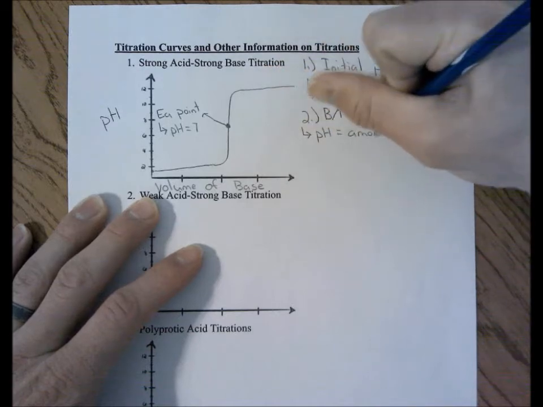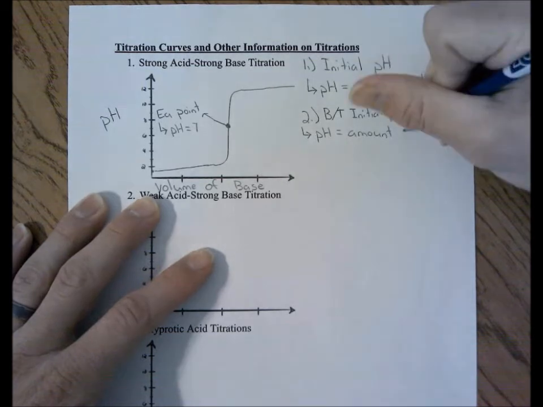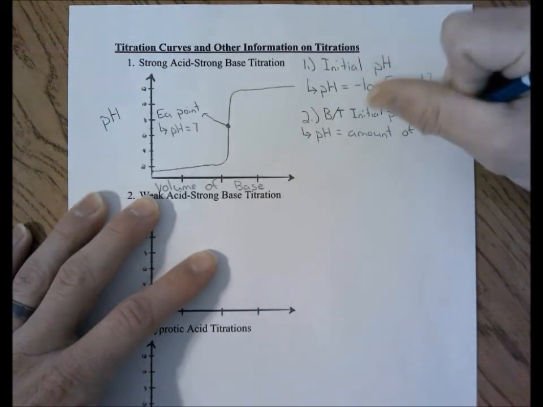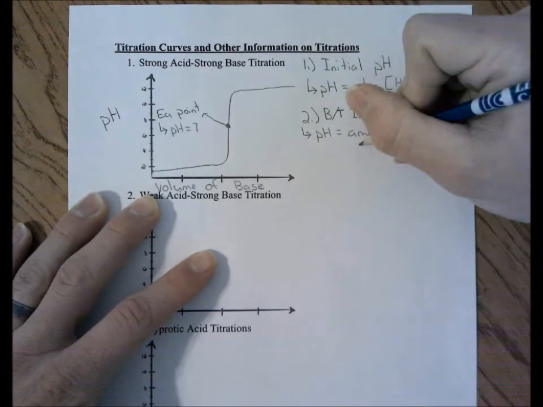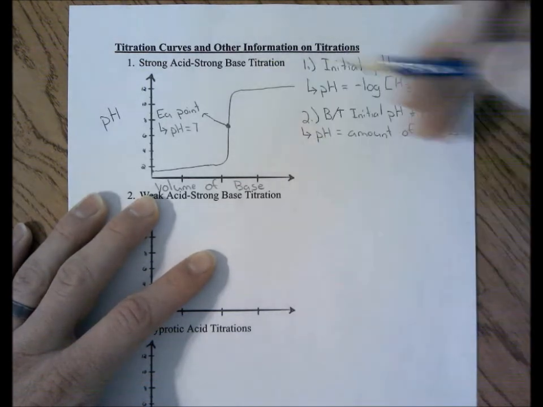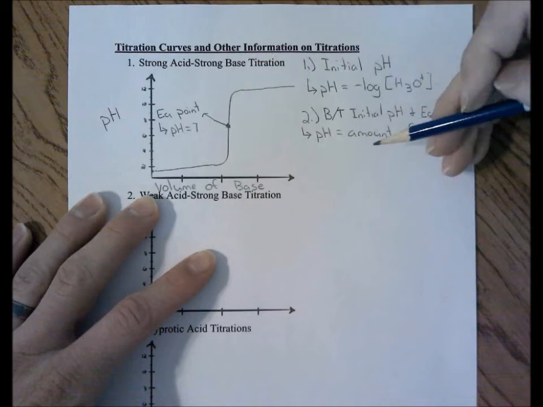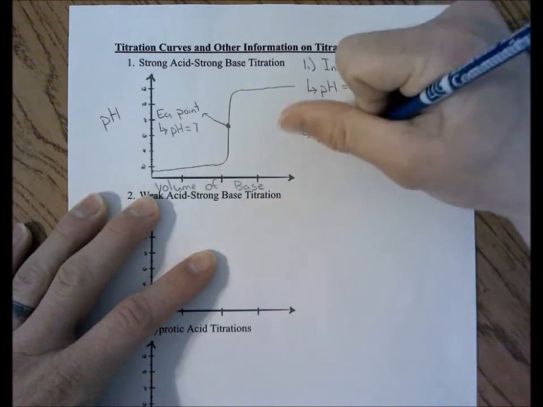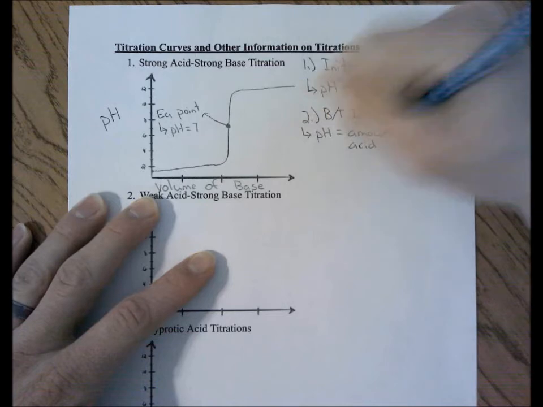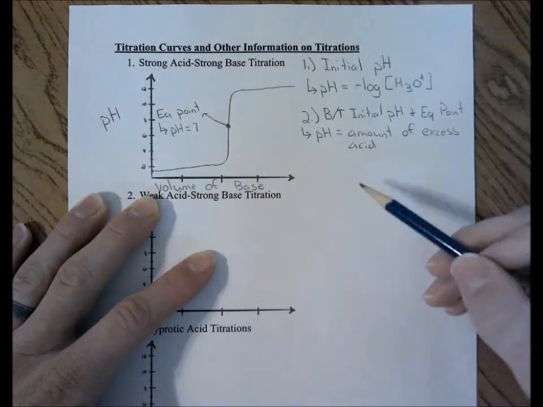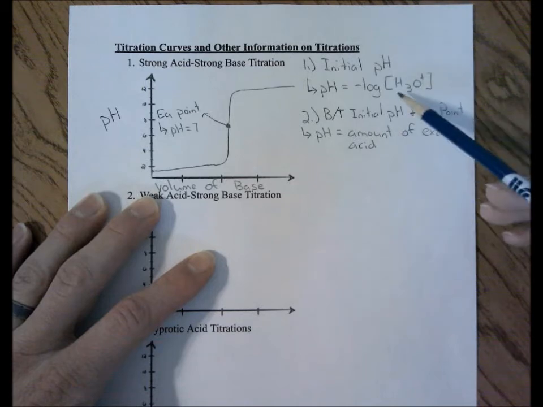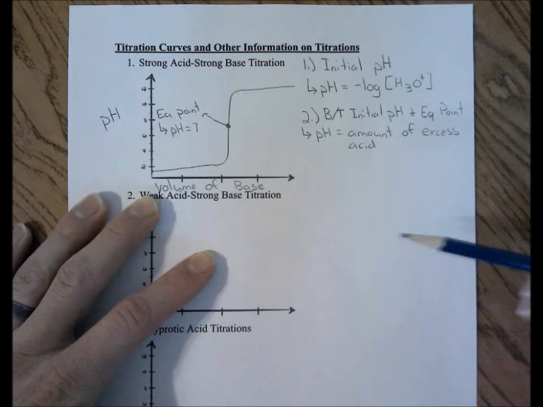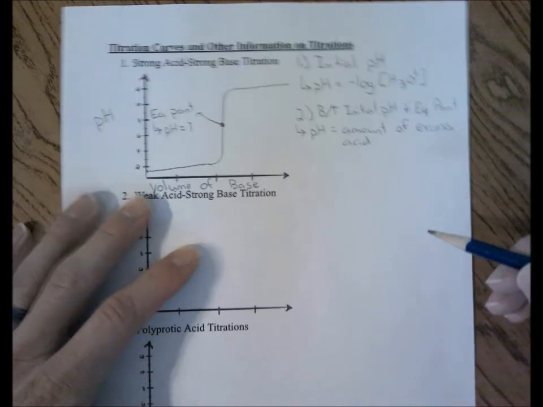Remember, for every mole of base we added, we subtracted out our acid, and we plugged that amount of acid in molarity back into this equation. So the first two use the same equation, but we have to take the moles of base added out of the moles of initial